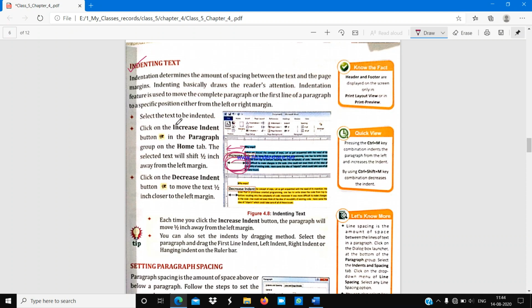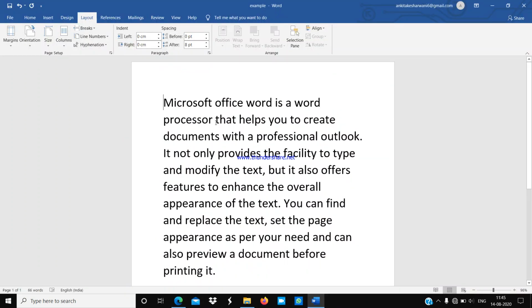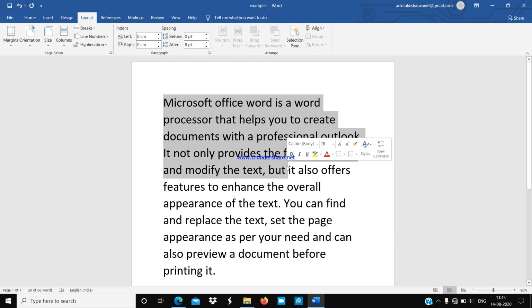First, select the text to be indented. Whatever we have to indent, we first select. I am selecting this much. Now click on the increase indent button in the paragraph group on the home tab.